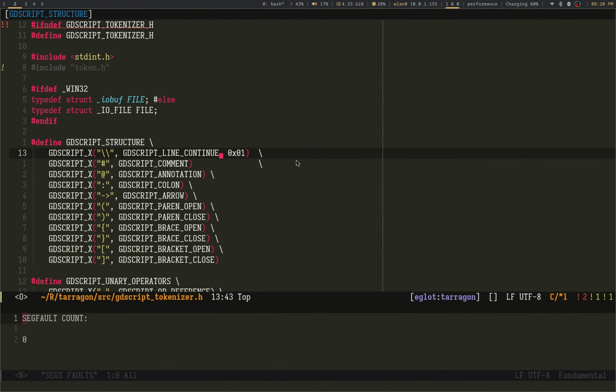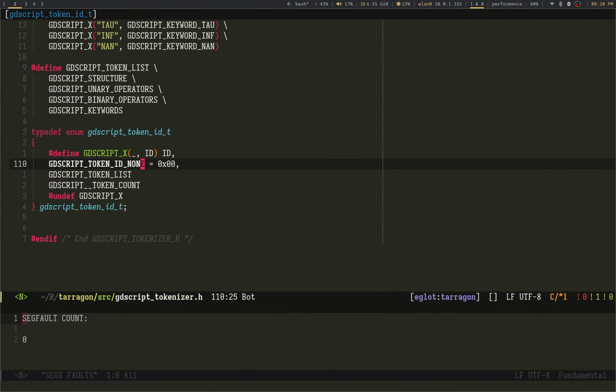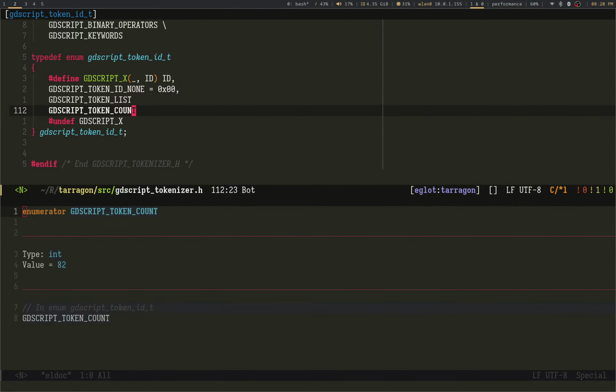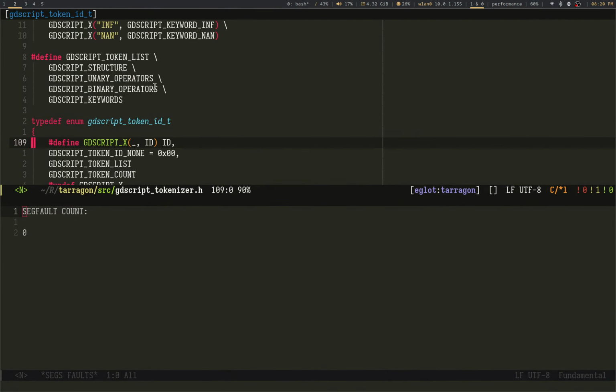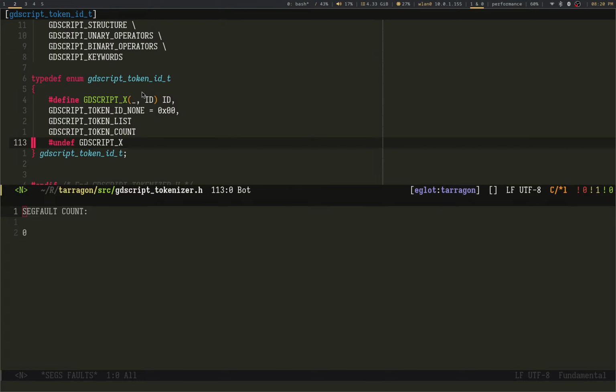I'm gonna okay, there we go. So now we got that. This is gonna let me iterate over it basically, and its value is 82. Wow. Cool. Great.